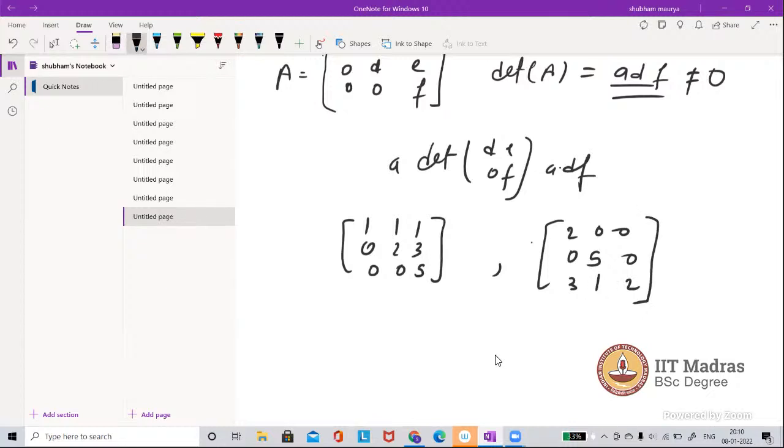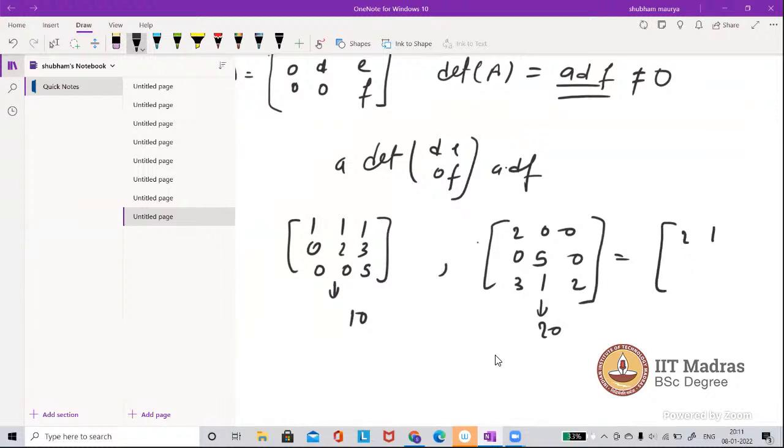So the determinant of this matrix is the multiplication of the diagonal entries, which is 10 here. For this matrix, again a lower triangular matrix, the determinant will be 10, 20. And if we add these two matrices, we will get